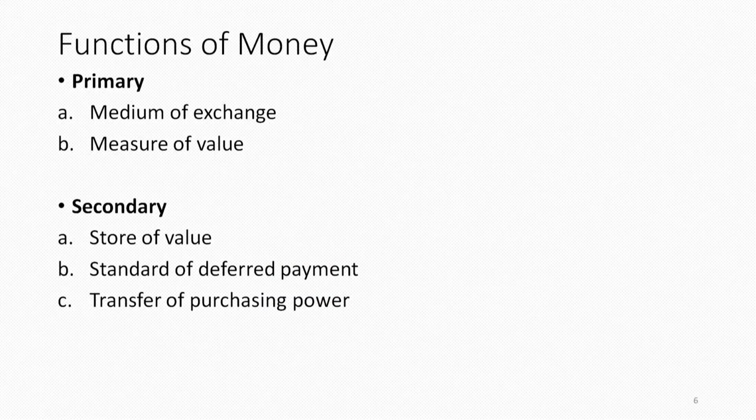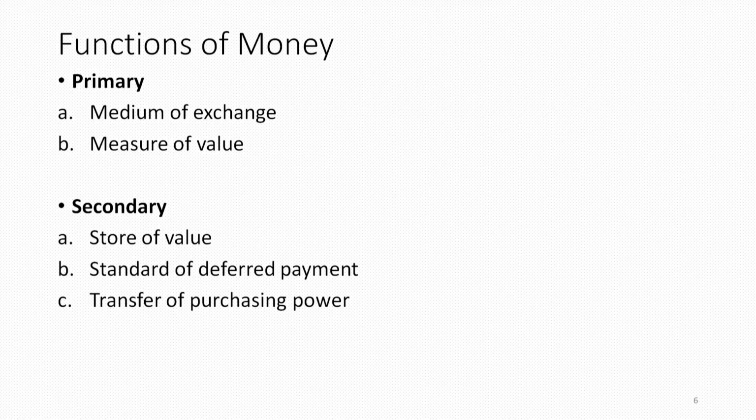The money can also be a standard of deferred payment. We can give payment in terms of money for some future date. Deferred means when we are paying for some future date. So money can easily be taken as a standard measure to make payment sometime in a future date in the form of debts or loans. By using money, we transfer the purchasing power.